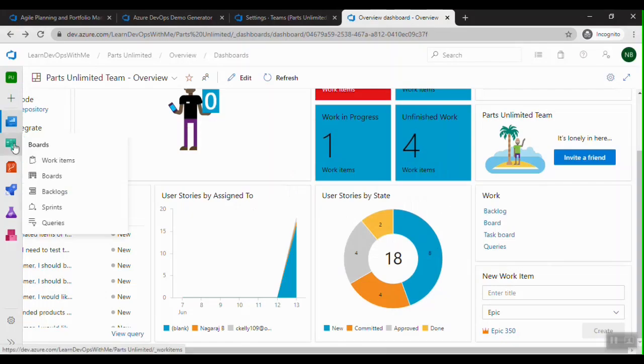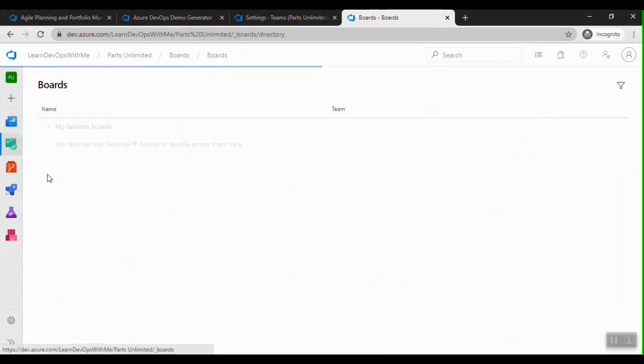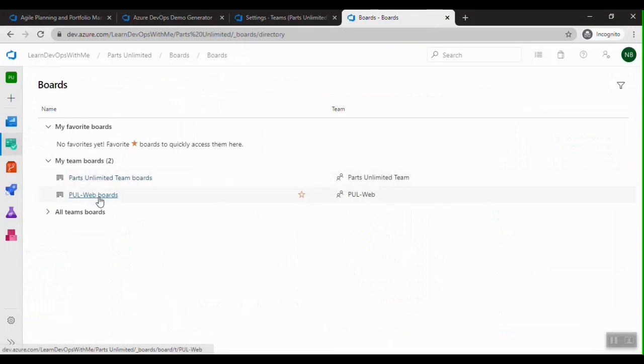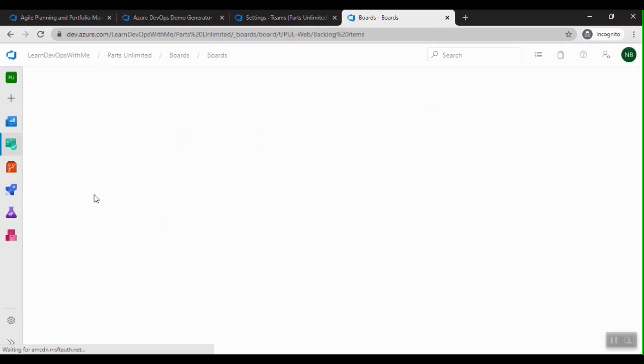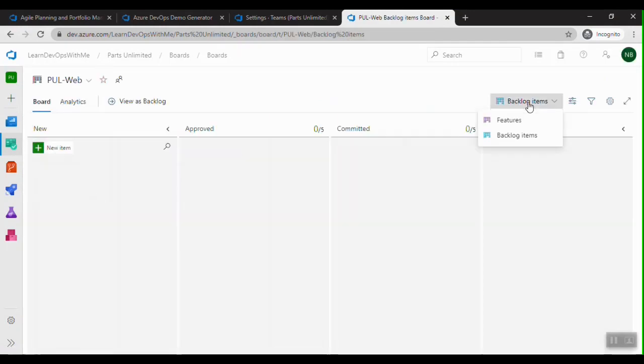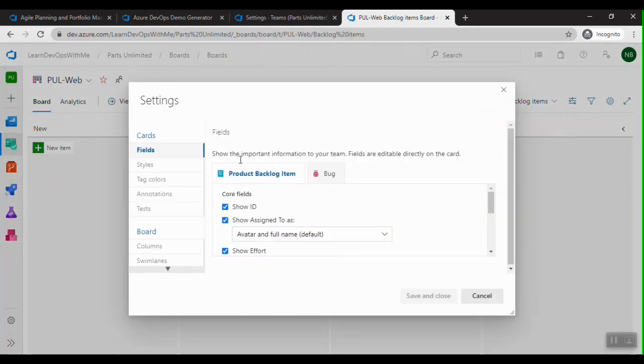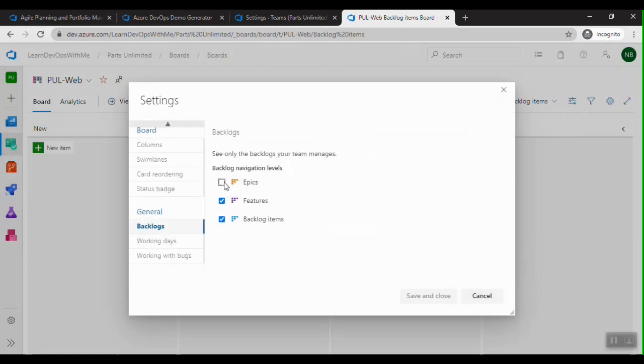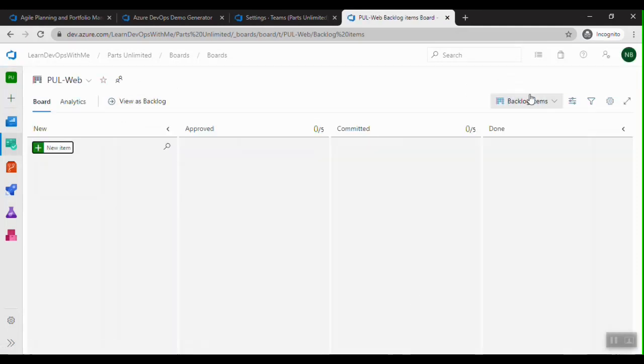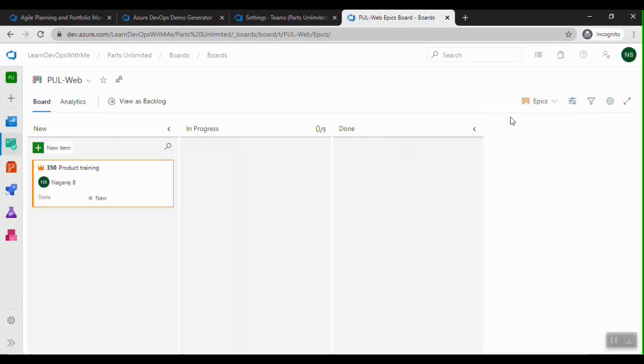So let me go to boards here, and let me go to the PUL web boards, and let me switch it to, okay, I don't have epic here. Let me add the epic as my backlog item also. So I'm just going to enable this here, and let me go to the epics view, and I can see an epic here, right?